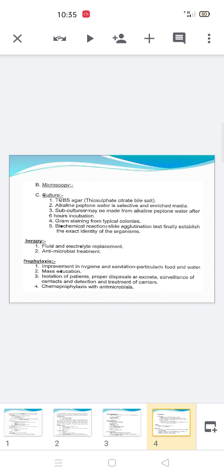So, isolation of the patient, proper disposal of the excreta, proper treatment of the carriers, and chemotherapy with antibiotics. The best one is vibramycin, along with the IV line. You can also write improvement of the poor hygienic conditions. So this is the prophylaxis or preventive measure against this disease: improvement of hygiene,